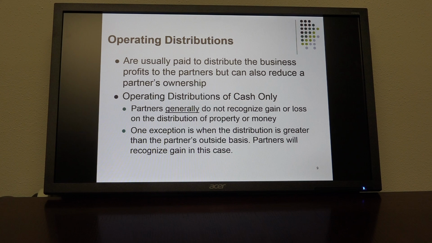The two subjects are somewhat unrelated, because we were talking about the sale of a partnership interest, and now we're not. We're talking about partners going forward who, for whatever reason, receive distributions from the partnership, and the partnership continues to